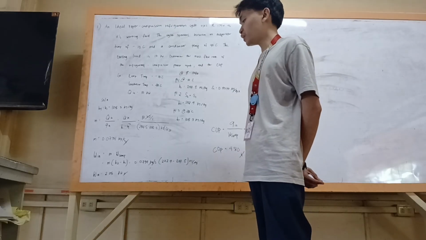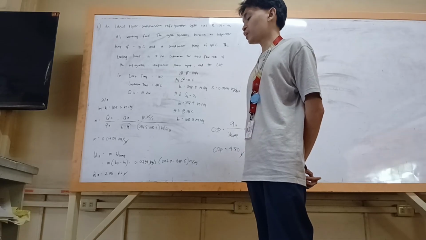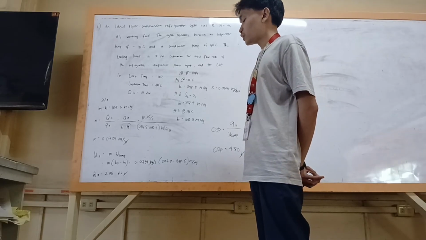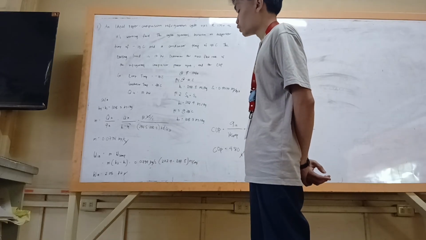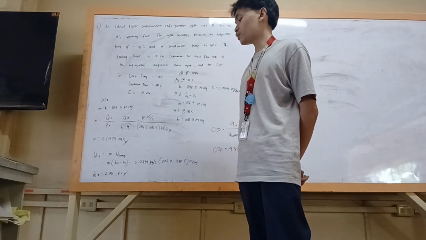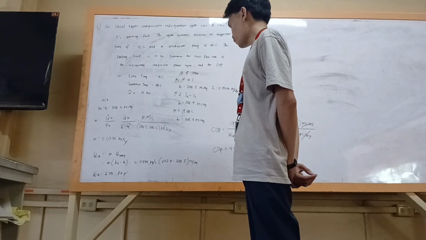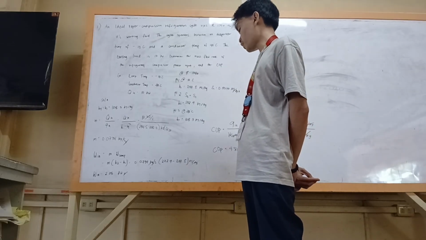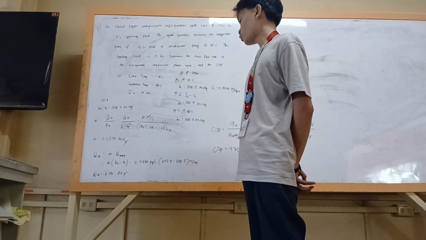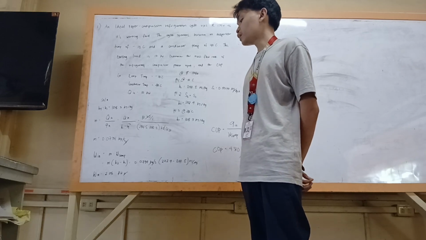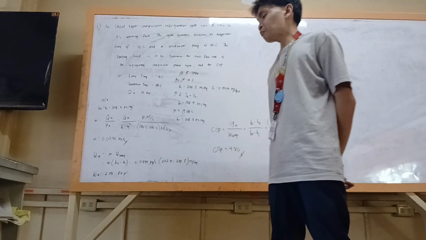Next is the work in the compressor, which is the mass flow rate times the work in the compressor, which is mass flow rate times h2 minus h1. We already have the values. So plug in the values, we have 0.0734 kilograms per second times 272.9 minus 244.5 kilojoules per kilogram. Cancel out the kilogram, we'll be left with kilojoules per second, and total it, we have 2.08 kilowatts.